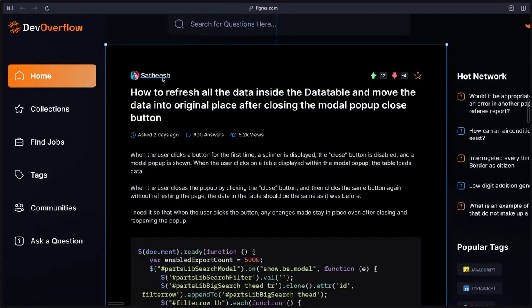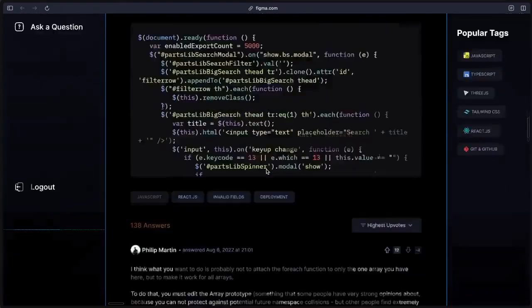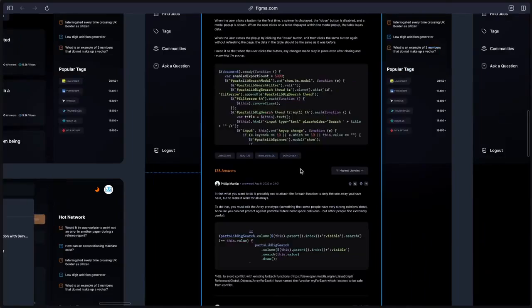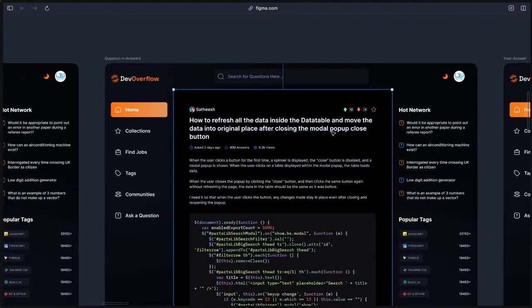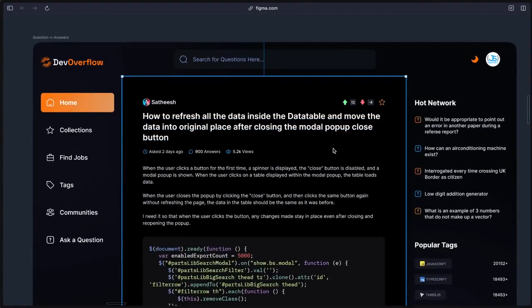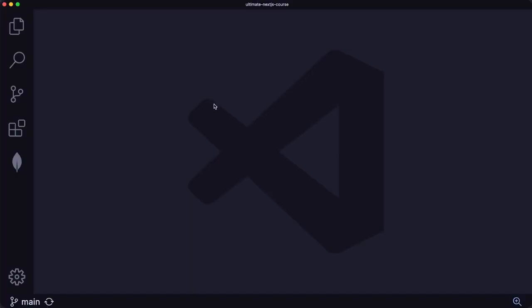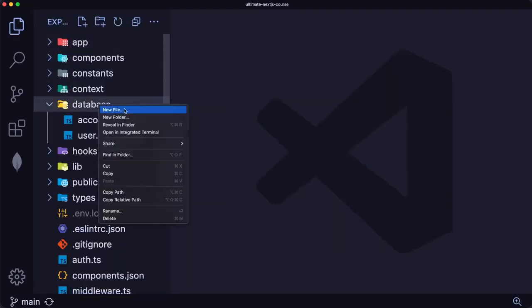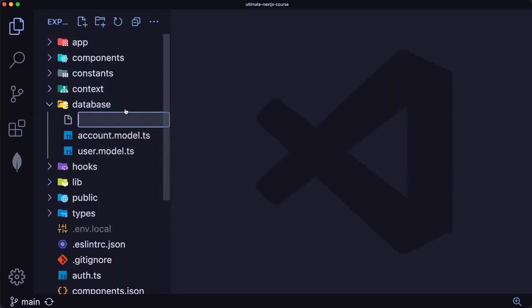containing the information about the author, as well as the timestamp, the number of answers, the views, the title, the question itself, and the answers attached to it. It has a lot of moving parts, making it maybe the most important model in our database. So let's create it by creating a new file right here in our database folder called